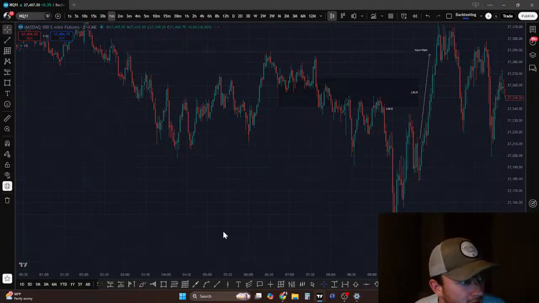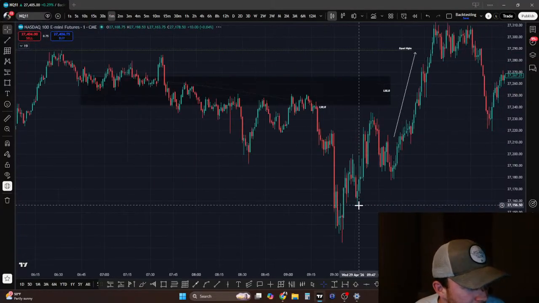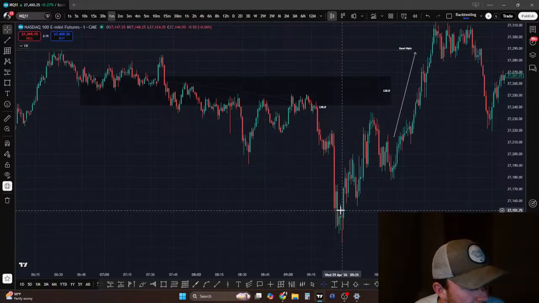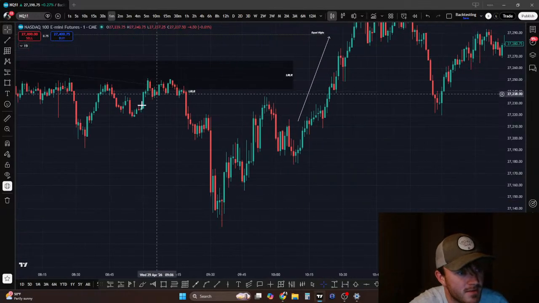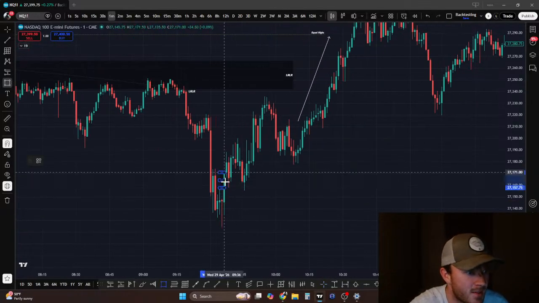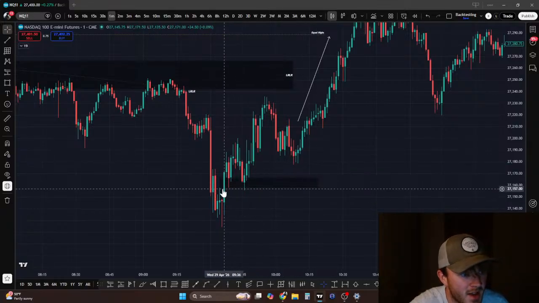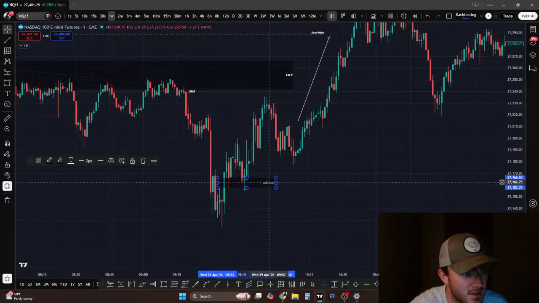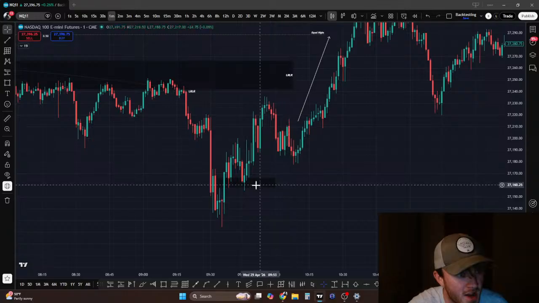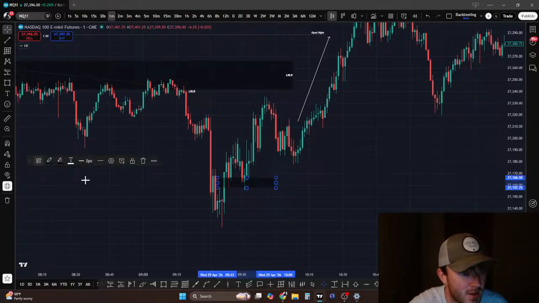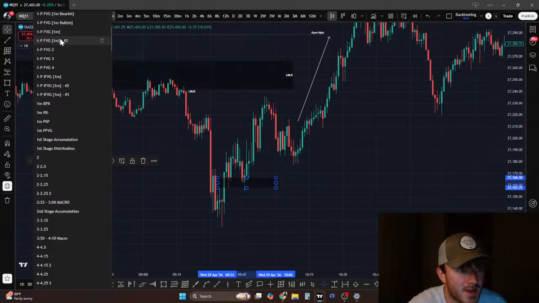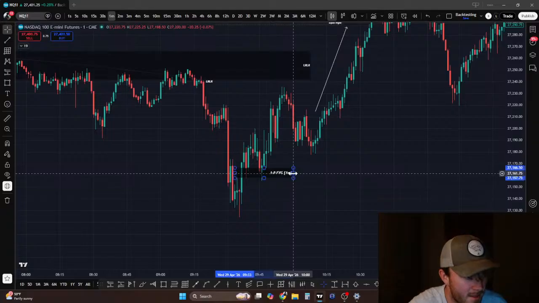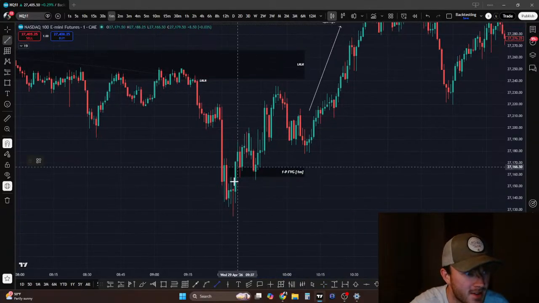So, obviously, all those highs were low resistance. This was the first presented fair value gap. This was fun. Once again, this is something that I've discovered, but I like marking out fair value gaps like this. When you mark it out like this it's way better. So now in the future, I'm actually maybe just gonna mark out the first presented fair value gap like this, because look, the market respects this better. I'm gonna mark it out like this in the future.